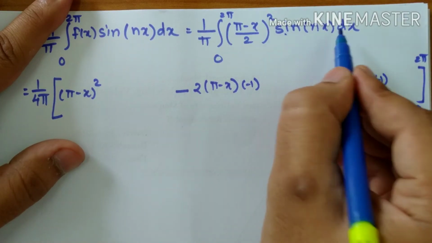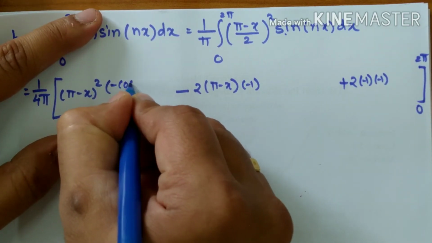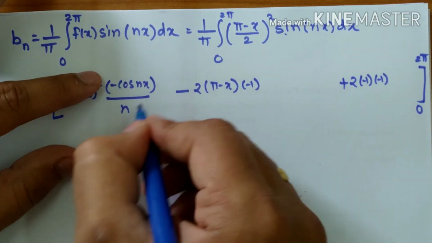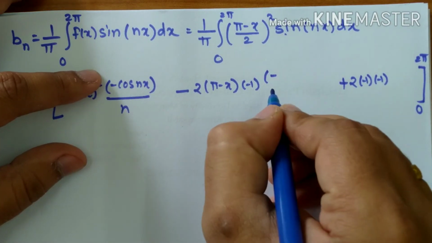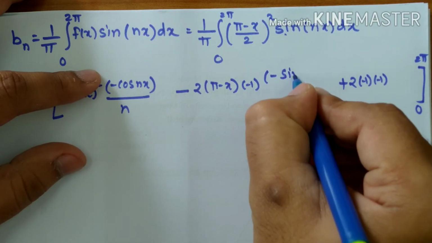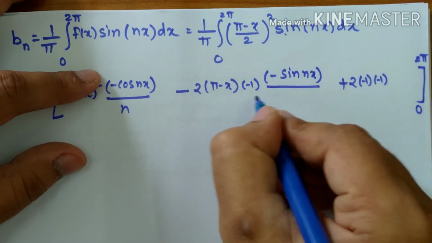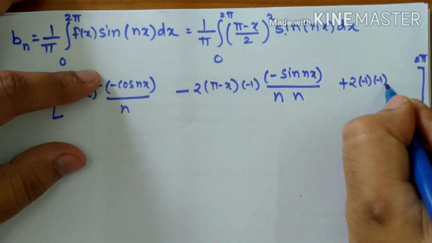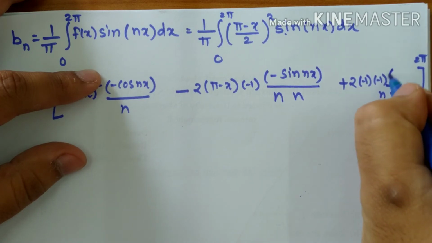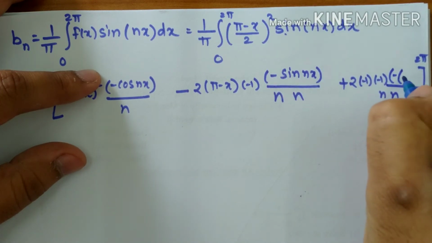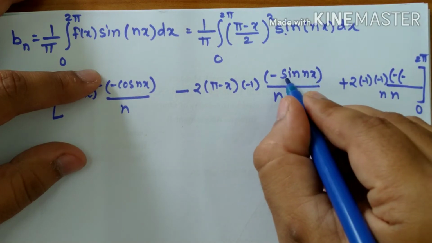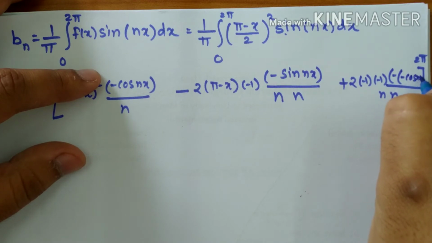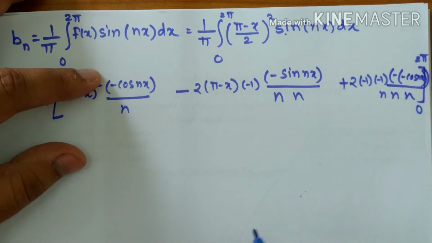Now this is my v, whose integration is minus cos nx divided by n. Further, the entire term will be integrated, hence the minus sign is continued. Integration of cos is a sine, divided by this n which is continued, and while taking an integration of cos we get one more n in the denominator. N into n as it is, this minus sign is as it is, one more minus sign, integration of sine is minus cos, hence this minus sign is added, cos nx divided by n.